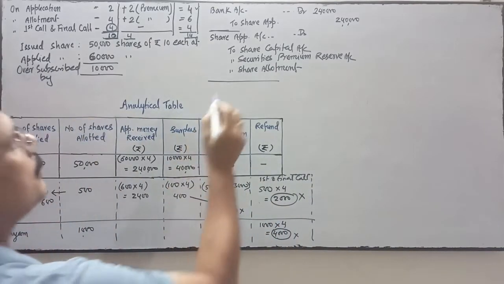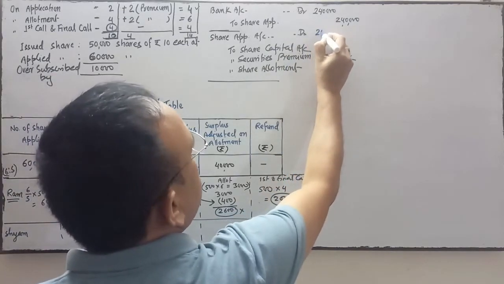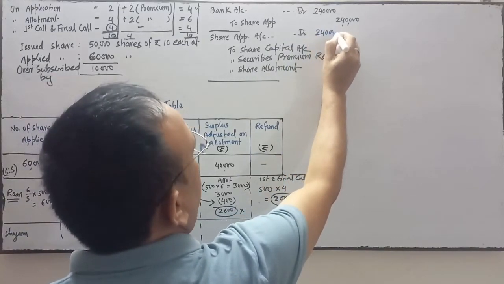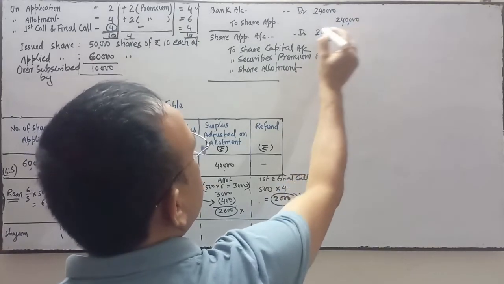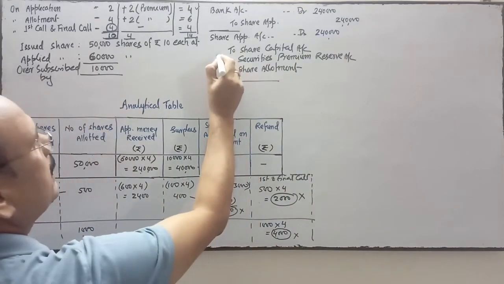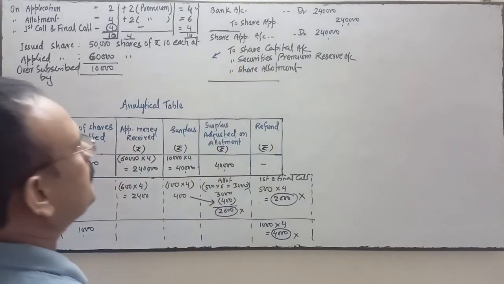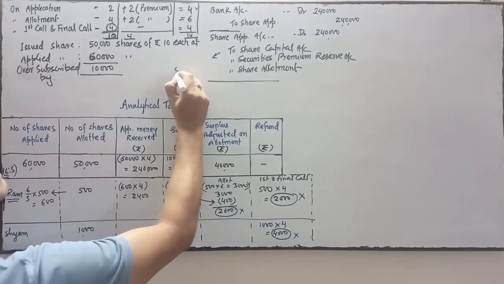Okay, so come to the share application. 2,40,000 is received on application, this much amount we have received, so share application will be debited with this amount. Now come to the share capital. Calculation of share capital will be very simple. Number of shares allotted is how much? 50,000 shares is allotted,